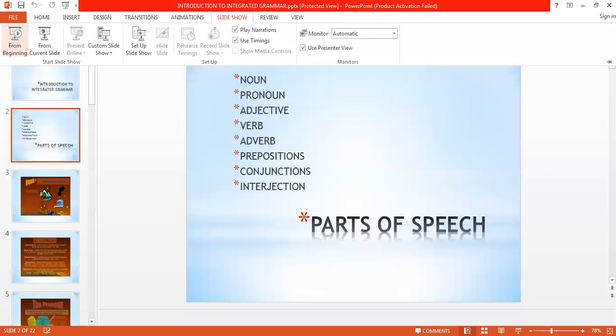Personal pronouns are of three forms, or we can say three persons. First person, when we talk about ourselves. I am a teacher. I am teaching you. We are the students and we are learning here. So here we are talking about ourselves. So this is called first person pronoun. Then when we are talking about the listener, like right now, you are listening to my teaching, you are listening to my lesson. So here the word you is the second person pronoun which is used for the listener.